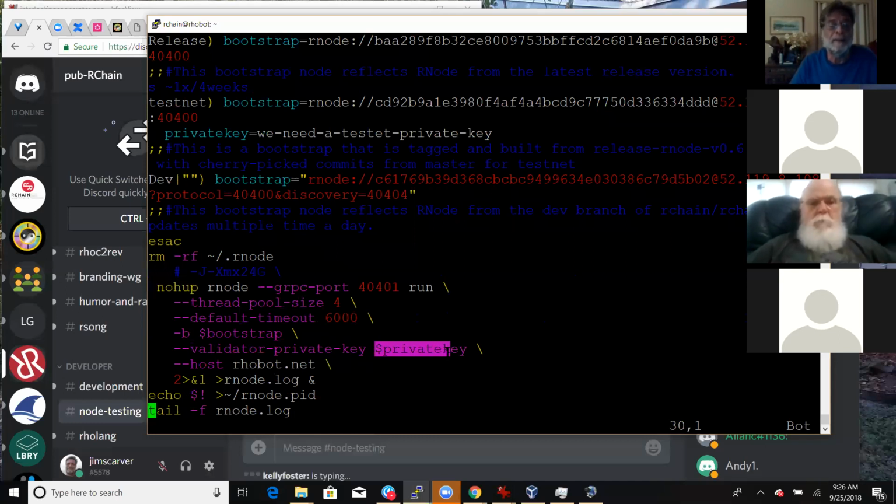some of which are variables, like the bootstrap and the private key. And we put in the host name here, robot.net, so we can recognize ourselves in the logs. And this machine is robot.net on DigitalOcean. So we put the error output to the standard output, which we didn't have to do because we're doing a nohup. And we put the output into rnode.log locally, which is actually a mixed copy of it, but